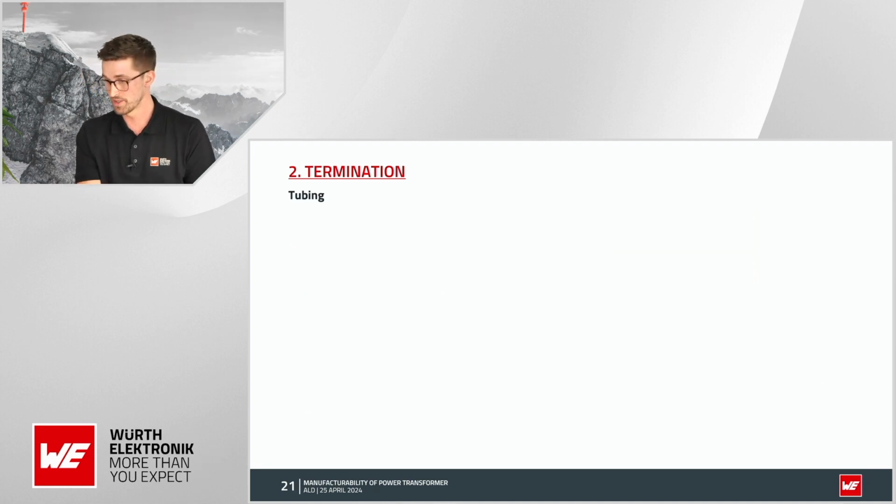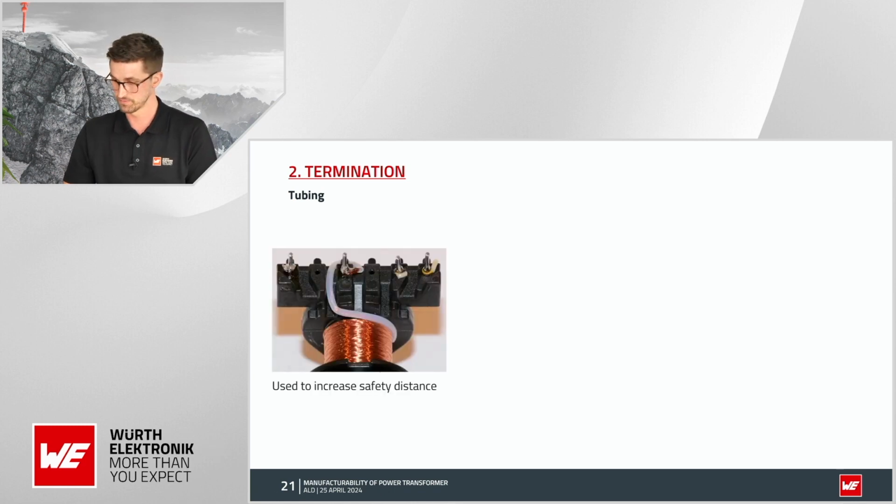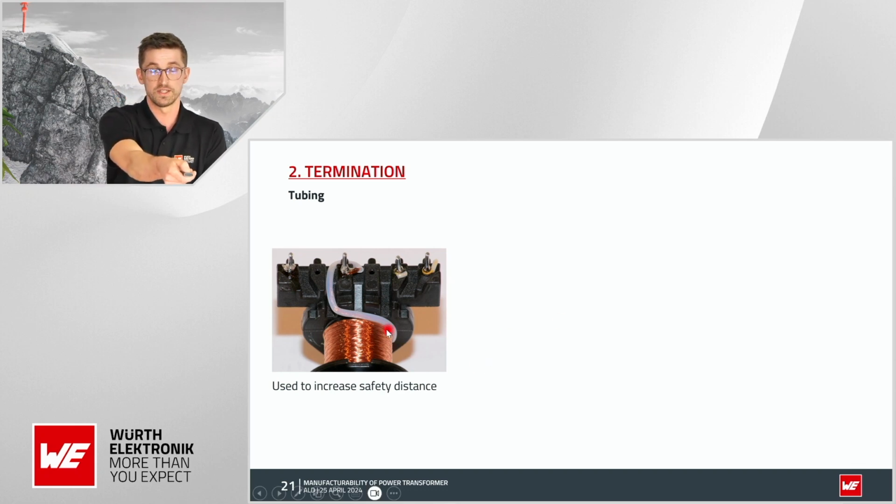I would like to make some extra consideration about tubing. Despite the extra process, it is a good solution to protect the wire from damage from sharp corners and for avoiding wire crossing. On the left picture, the tubing was used to achieve a creepage distance using a non-insulated wire. The creepage distance now goes from the winding area, here, until the exposed part of the wire, which was terminated